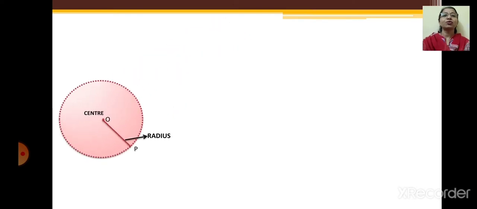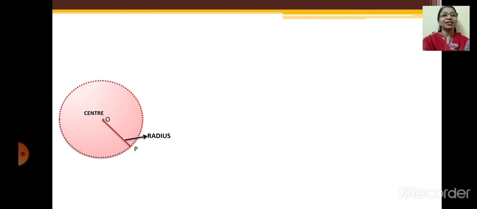So children, this circle concept, when you were in senior KG or junior KG, you all must have drawn one drawing. What is that? The sun, right? So how do we draw that? We draw one round shape and alternate long and short segments to show the rays of that sun. So that means this circle concept is introduced at the age of 3 to 4 years of your life, right? When you were in senior KG or junior KG, at that time itself you came across this concept.